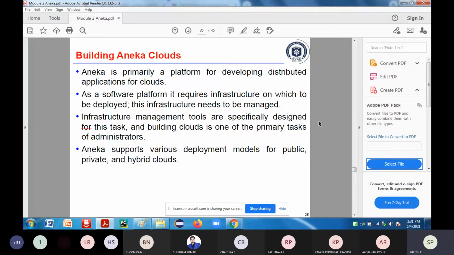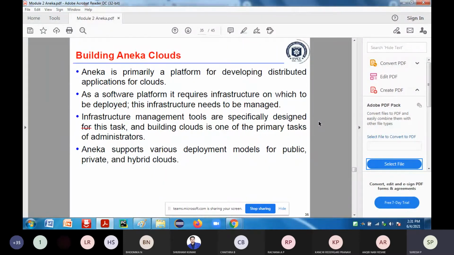When it comes to the private cloud, the company which is providing the software platform will itself provide you the infrastructure. Some secure data should be there, and I cannot keep some secure data with a third party vendor. So I will keep that data within my organization only, so that other people cannot access it, and I am giving security for that data. When you have issues in the cloud with respect to security and privacy, we go with the private cloud.